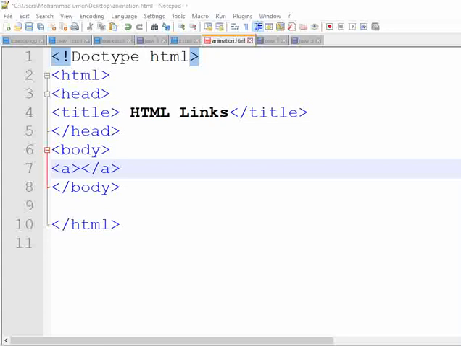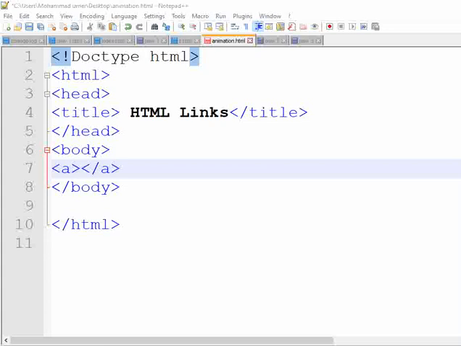As you can see on your screen, I have already opened Notepad++. The first type of link that we are going to create today is the email link. Basically, after clicking on this link, the user's email program will open. For example, if a user clicks this link, it launches an email client that is already installed on the user's computer, if you want to send a new email to the user. Understand? Maybe it will be difficult to understand, but after seeing it practically, you will have a clear picture of this type of link.